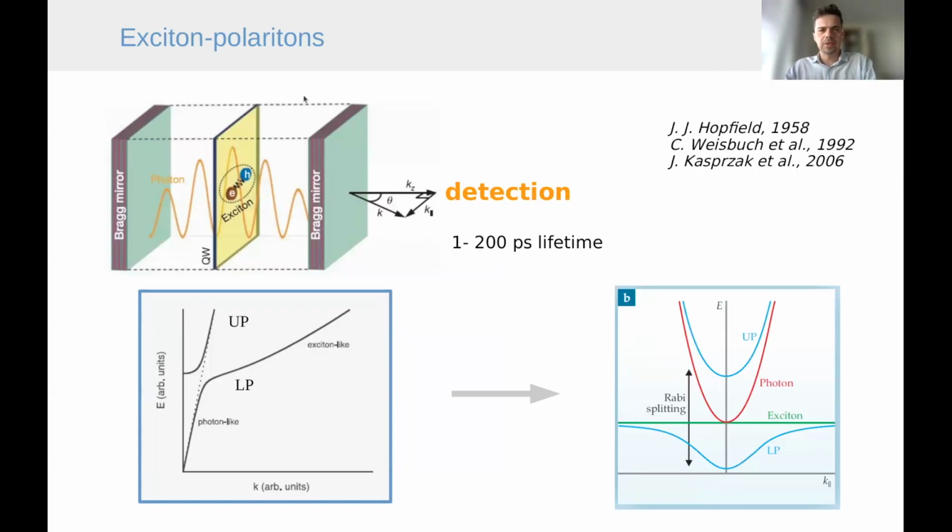Typically, this is just a typical system where polaritons are observed. This is not the only one, but let's say the most popular one, with quantum wells and Bragg mirrors. If you look at the system, there is also some kind of freedom in terms of the momentum of the photon in a direction that is parallel to the mirrors. So there is a standing wave, which is related to this Kz momentum part of the photon, but there is also this parallel momentum part. So this is like a parameter of the polariton